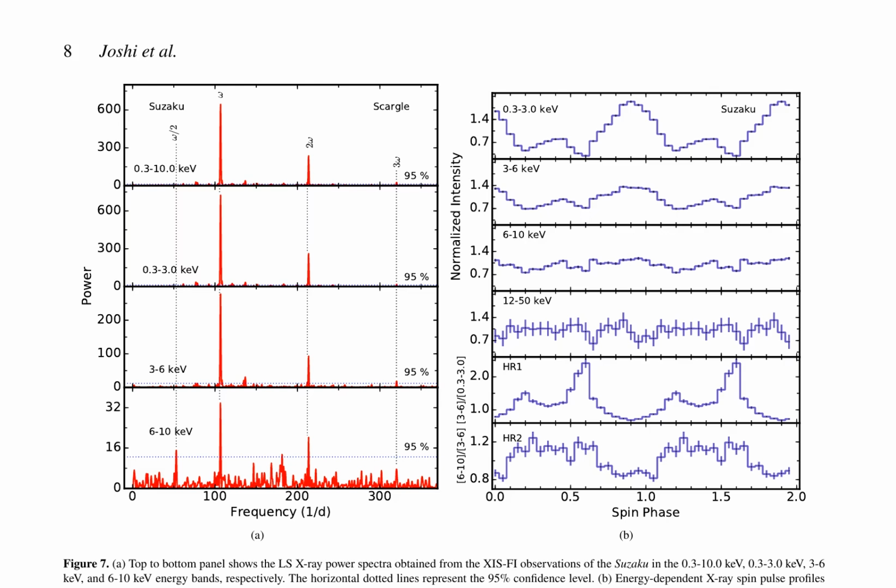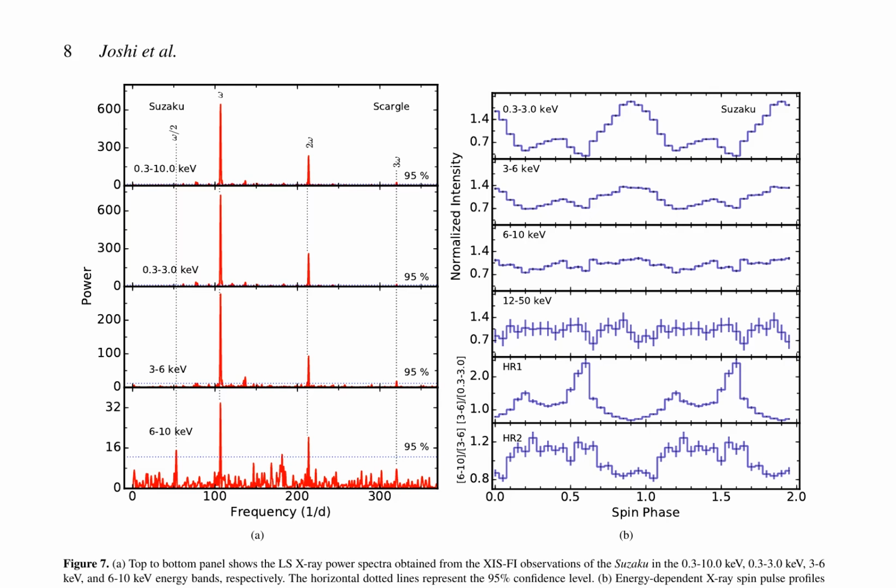The degree of spin pulsations is estimated using the formula (I_max - I_min) / (I_max + I_min) times 100%, where I_max and I_min are the maximum and minimum intensities in a pulse profile, respectively. The derived values of the pulsed fraction are given in Table 3, which reveals a decreasing trend as the energy increases. The NuSTAR observations, analyzed in the 3-78 keV energy band,